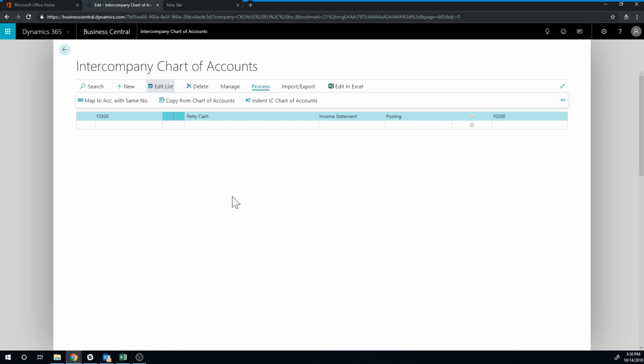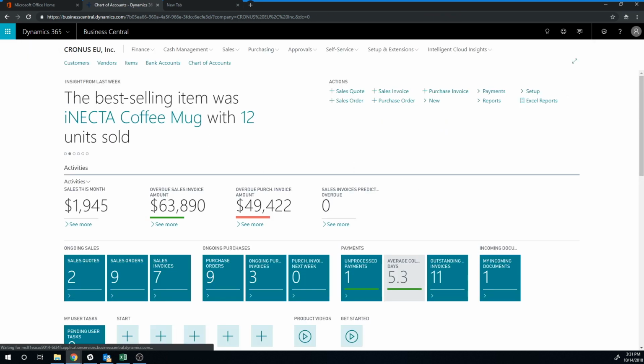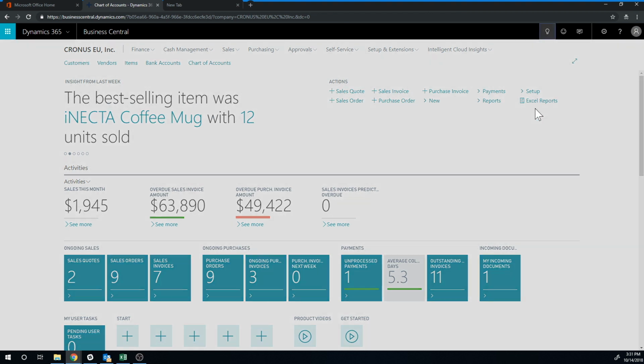However, it makes most sense to just copy your existing chart of accounts into here or generate a few accounts that you use. If for some weird reason you actually use different numbers in different companies, this becomes really handy because you can map between those numbers. But I'm going to go ahead and just use petty cash and then create a journal